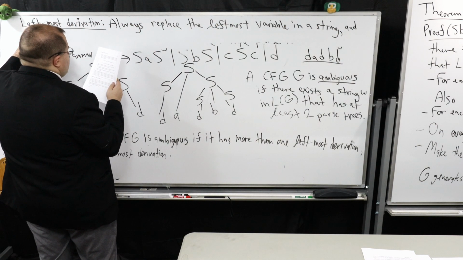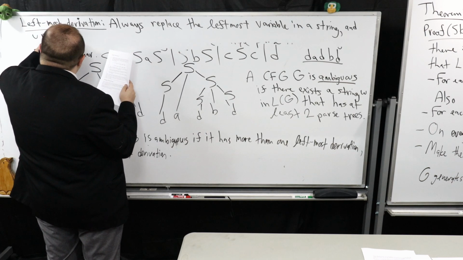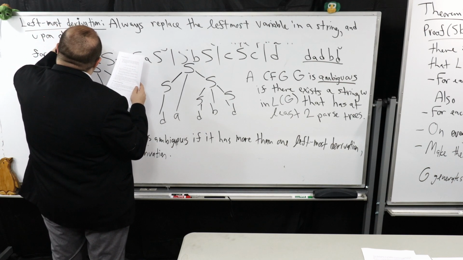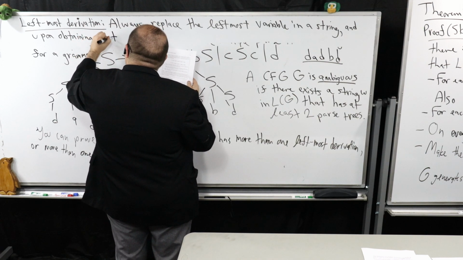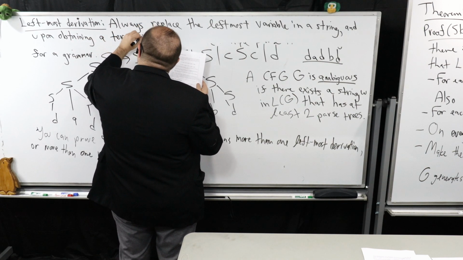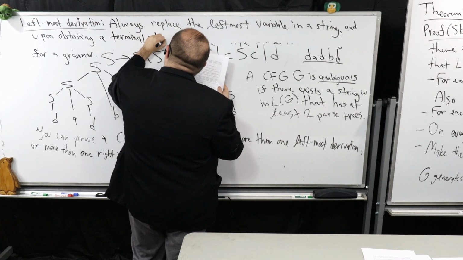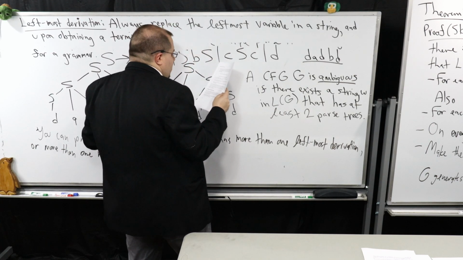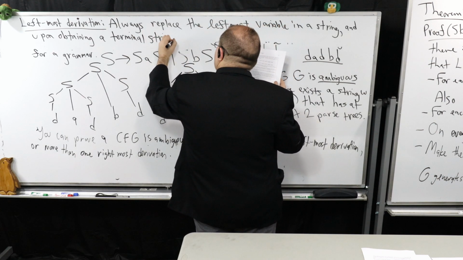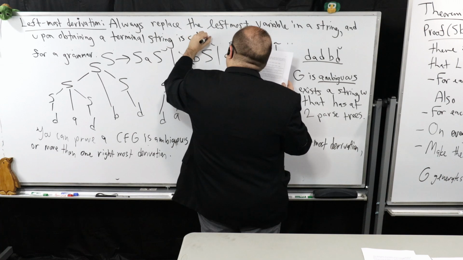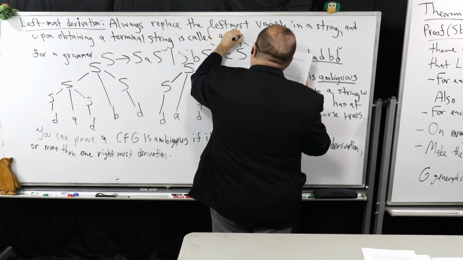And upon obtaining a terminal string, remember this is just a string that's going to consist of all those leaves in my parse tree, obtaining a terminal string is called a leftmost